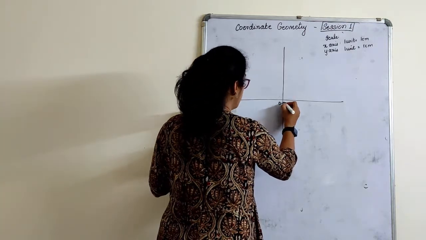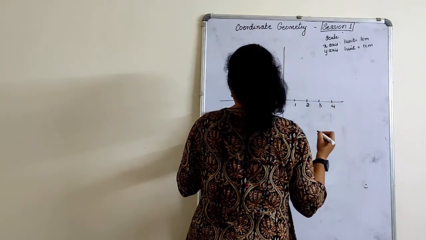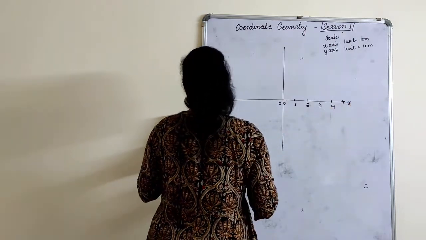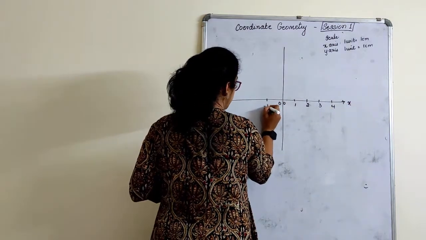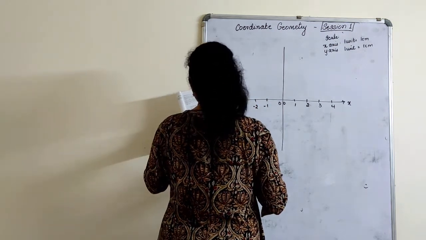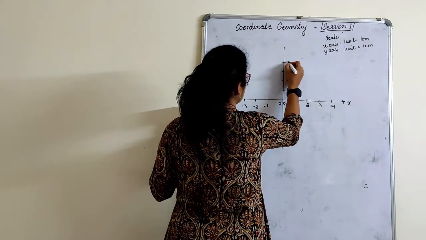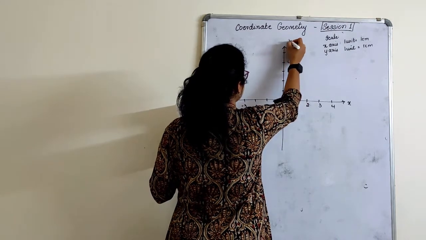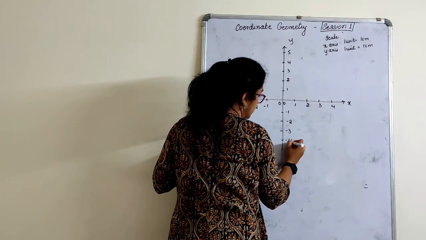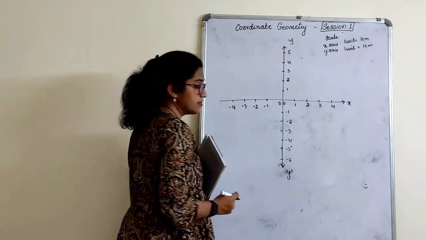So I think 0 and 0, 1, 2, 3, 4. I think plus points. X-axis we do not have only till 4. Minus x-axis I think you have till -3. -1, -2, -3, -4. Plus 5 is there? No. 1, 2, 3, 4, 5, I will take till y-axis. -1, -2, -3, -4, -5, -6, y-axis.